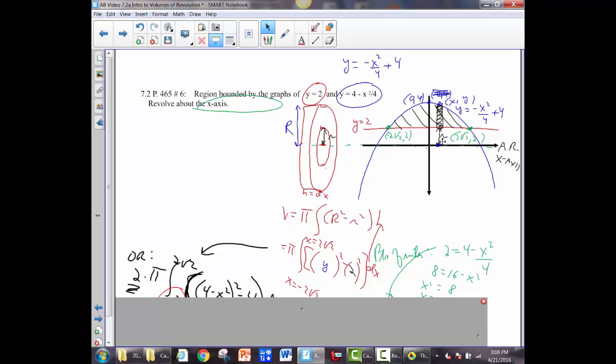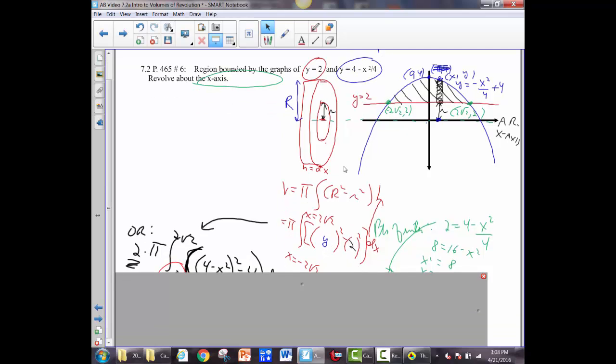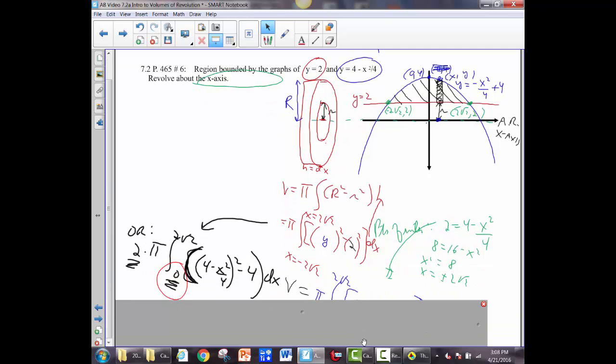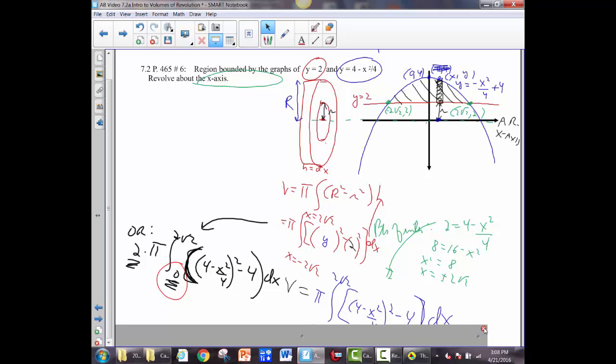Big radius. The big radius goes from the axis of rotation all the way to that top point. Well, that point is the point xy, so that is y. The little radius is the distance between the x-axis and the line y equals 2, which is just 2, but you can't leave this in terms of y. You will have to replace y by 4 minus x squared over 4, and you're fine. Now, because it's symmetric, instead of going from -2 root 2 to 2 root 2, you could do 2 pi and then do 0 to 2 root 2, and that